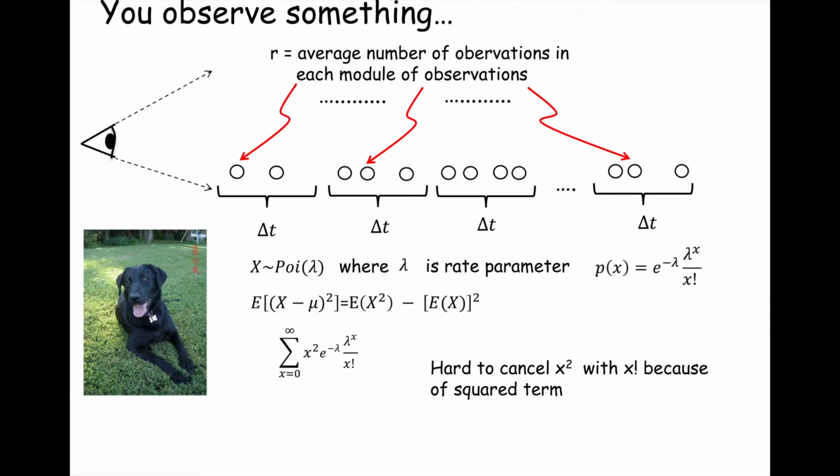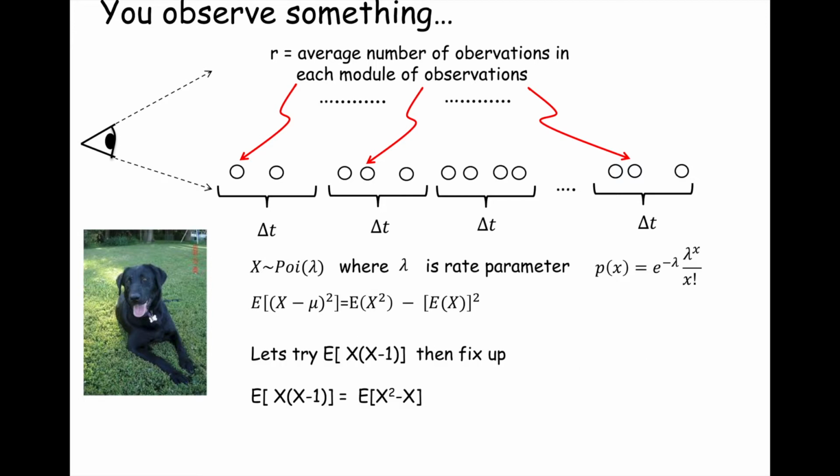So instead of solving for E[X²], that term, we're going to solve for something that's kind of close to E[X²], right? And this E[X(X−1)] is close enough, and we're going to fix up the difference, okay? So if we take this expectation instead of E[X²] for that part of it, we already know E[X] is lambda, so we're halfway there with the variance equation. But instead of E[X²] for the first part of the variance equation, we're going to do E[X(X−1)], okay?